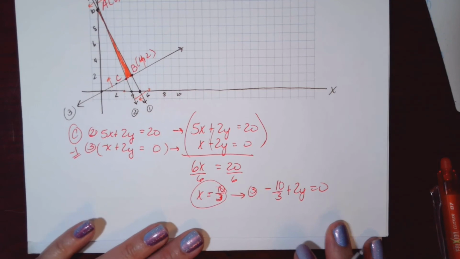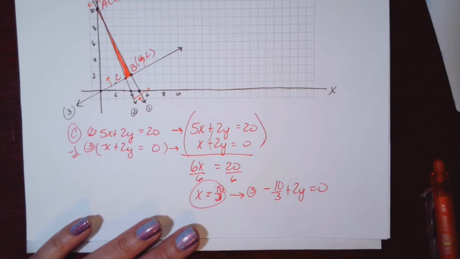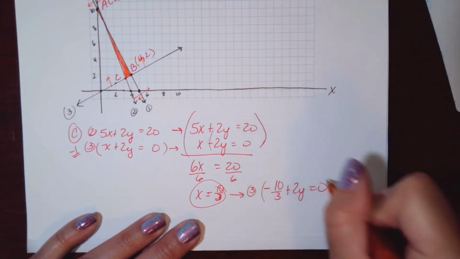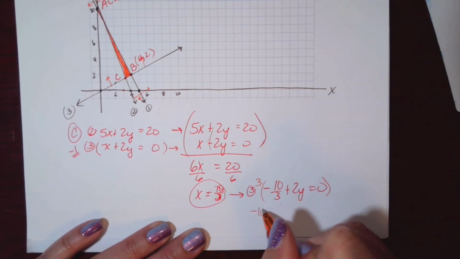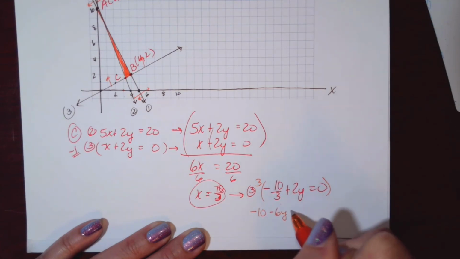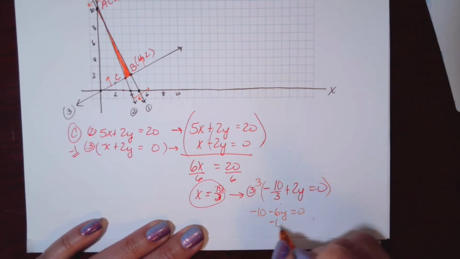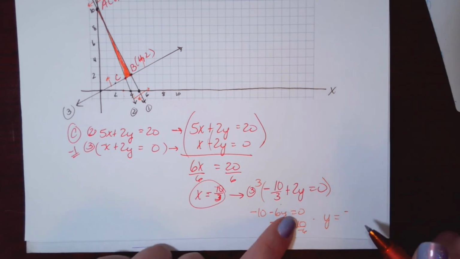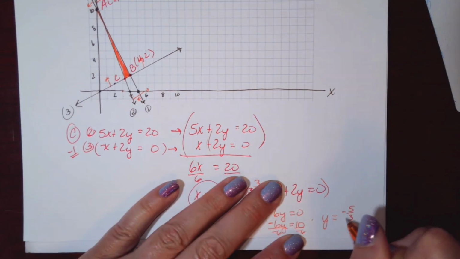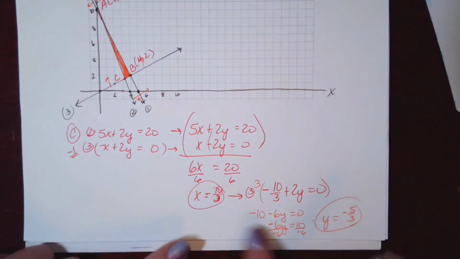Well, now how can I find the y value here? A couple of different paths I can take. I'm going to choose to multiply everything by this denominator to clear out fractions for the beginning. So that's going to cancel, leave me with negative 10. That gives me minus 6y equals 0, because anything times 0 is 0. So if I add that 10 to move it over, I have negative 6y equals 10. And then I divide by negative 6. Gives me y equals a negative 10 over 6, which simplifies to 5 thirds. So the coordinates for point C are 10 thirds